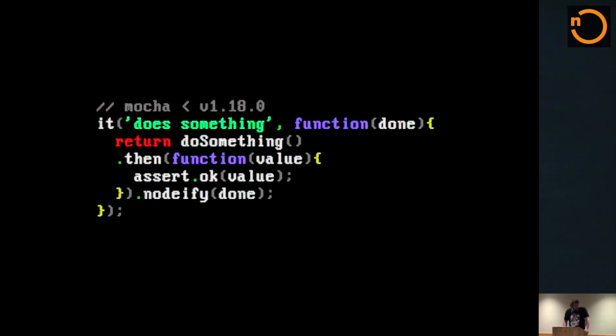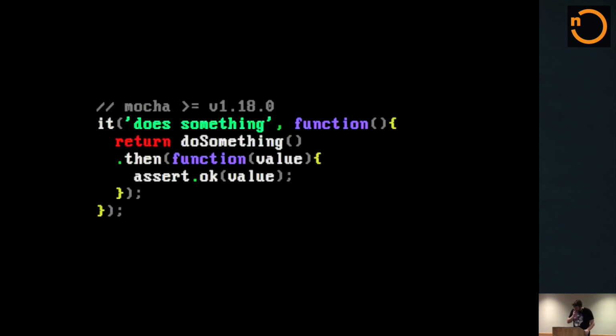But there are some weird quirks in Mocha in particular. If you're using Mocha with a version less than 1.18.0, you're not going to be able to do the cool things you can do in later versions. It would be great to just return a promise, and then if it fulfills correctly, it's a pass, and if it rejects, it's a failure. We can't really do that in old versions of Mocha, so you're going to have to treat it like any other asynchronous code, and get this function done, and then call it with notify, right? That'll make it behave just the same as any other callback style code would.